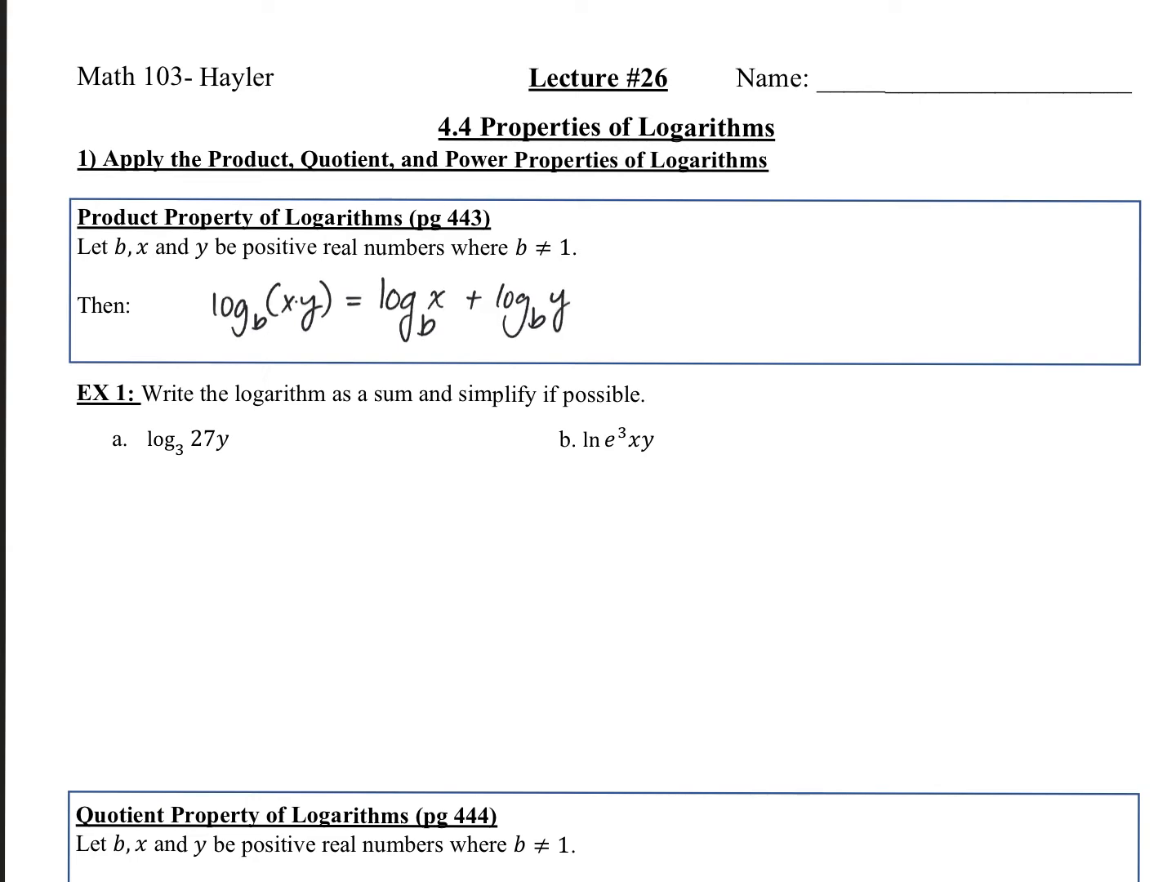So notice here, what happened was the b stays the same for both of the new logs, but the x is in one argument and the y, let me change the color, is in the other argument. So if we have originally a multiplication problem, it'll end up becoming an addition problem when you're splitting up two